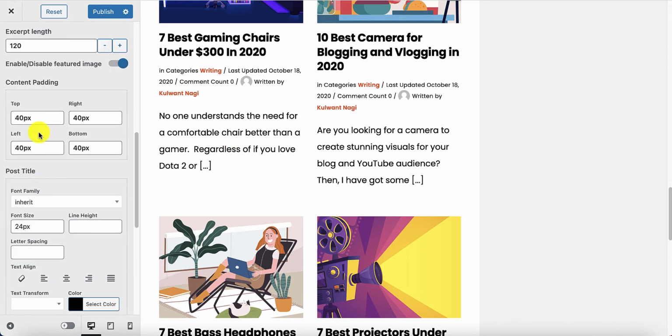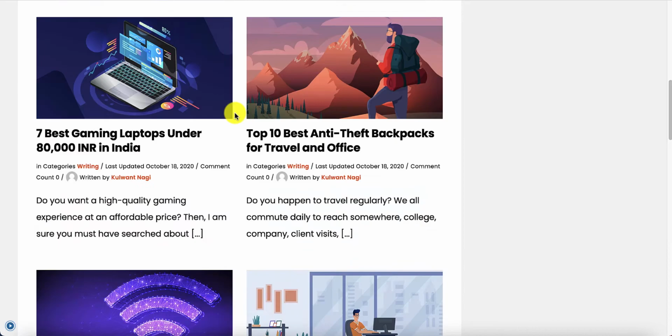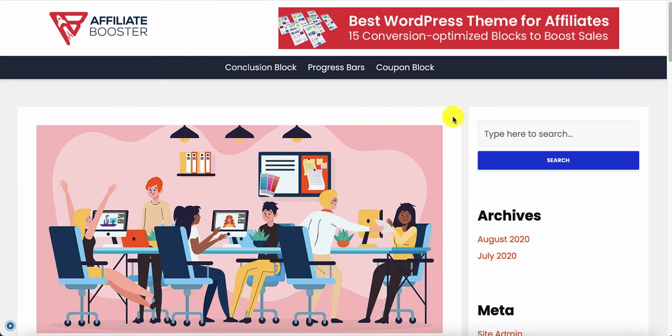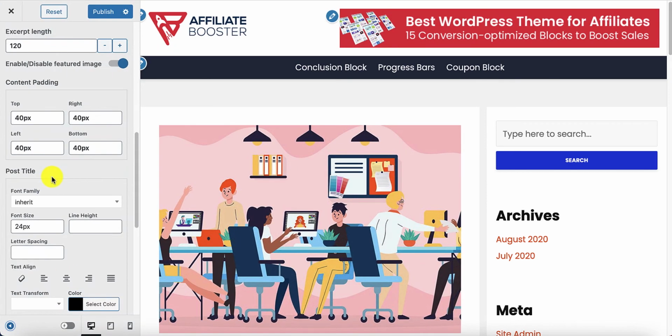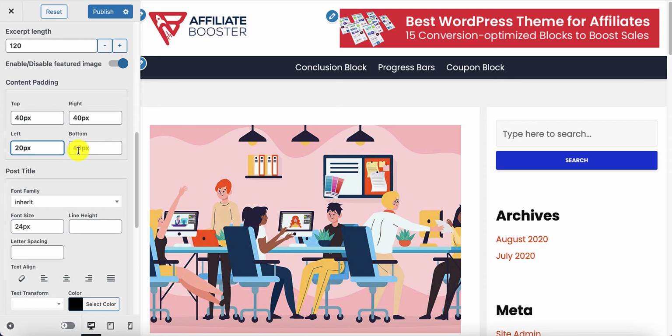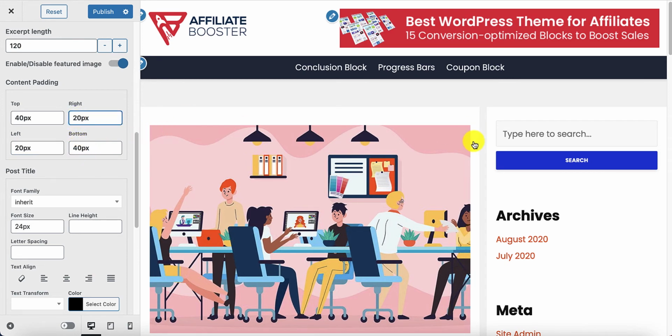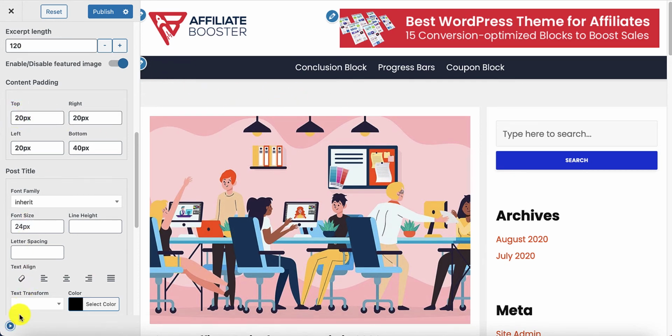Now the next setting is content padding. The padding is this area, this particular area, this white space which you are seeing right now. This is called padding. Now let's say you want to reduce it. So just go into the settings and let's say you want to reduce the left padding to 20. Can you see? It has reduced. And the right padding to 20. You see it has reduced. Let's reduce the top one also. Top, make it 20. Now you see this is thinner now. So this is the padding setting where you can just put any value, whatever the value you want, and you can increase or decrease the padding of the content.